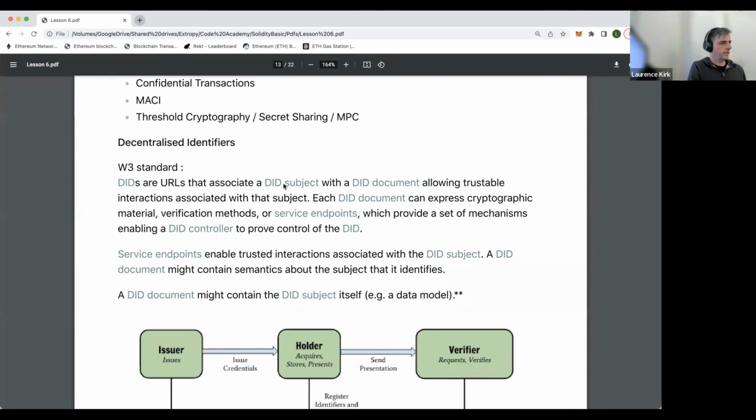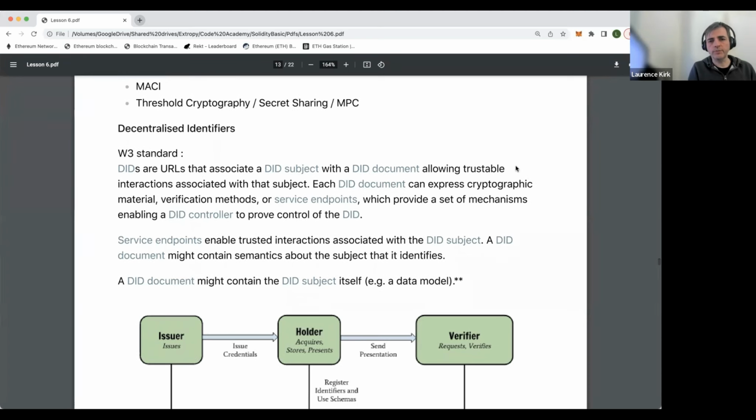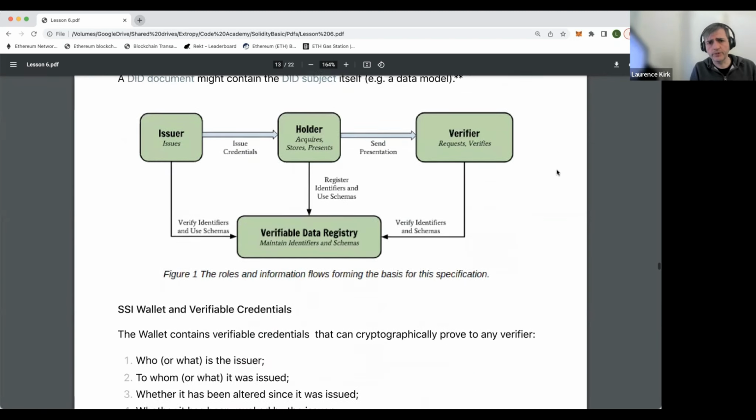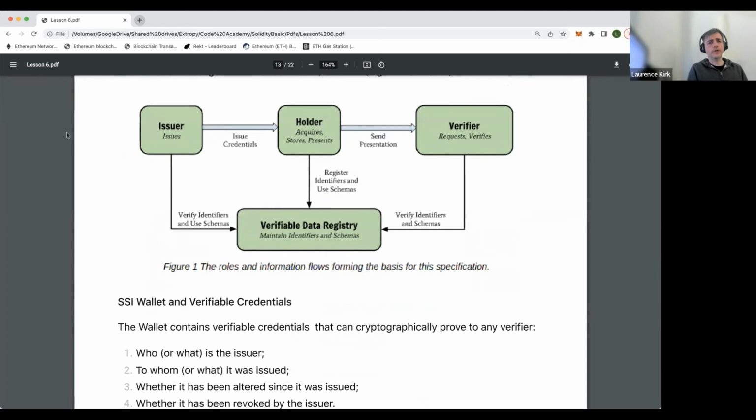But they are a standard, and they're a standard way of describing identity and being able to show identity. And they're called DIDs, I mean decentralized identifiers. They have various parts to them. They have a document and people who can issue credentials to someone